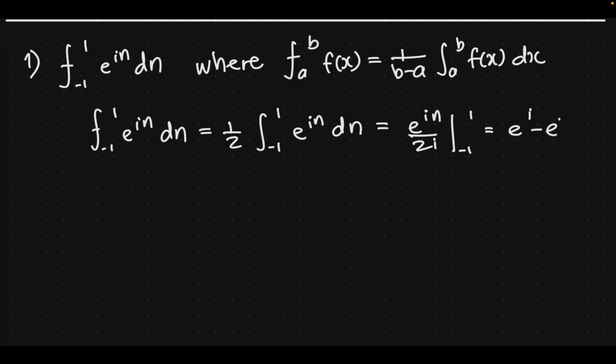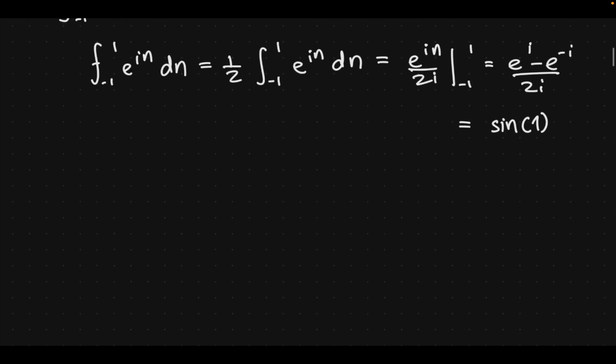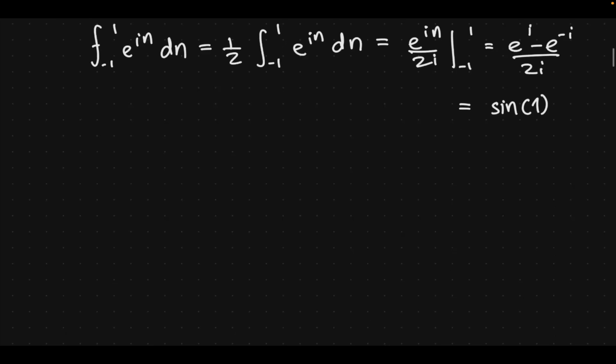So in the end we just have e to the i minus e to the minus i over 2i, which, if you recall the definition of the sine function, is just the sine of 1. That's it. That's how you solve it. There's nothing more to it. Now question 2